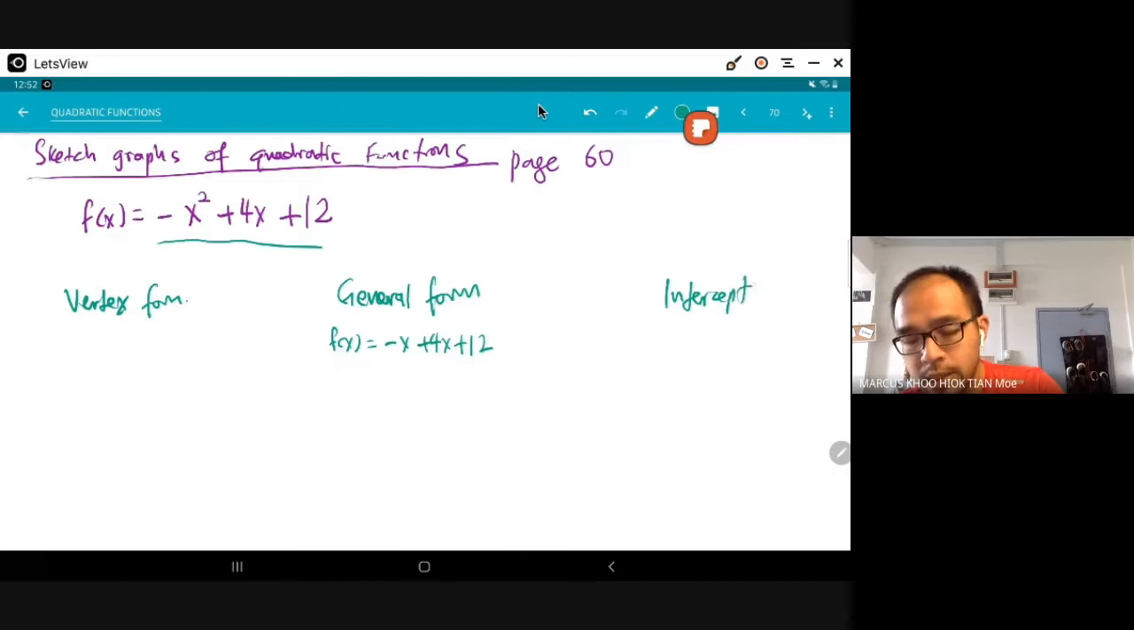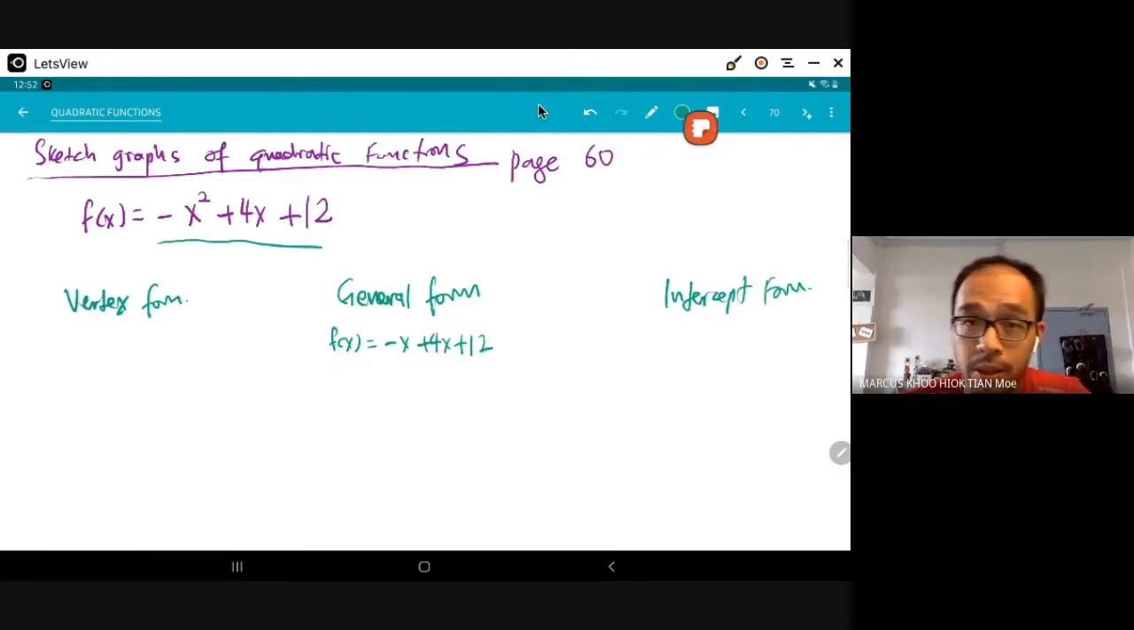I want you to do this. That's why yesterday we spent some time on how to change between general form, vertex form and intercept form. Must know. Okay, we must know. So, changing from general form to vertex form, if you look in your textbook,